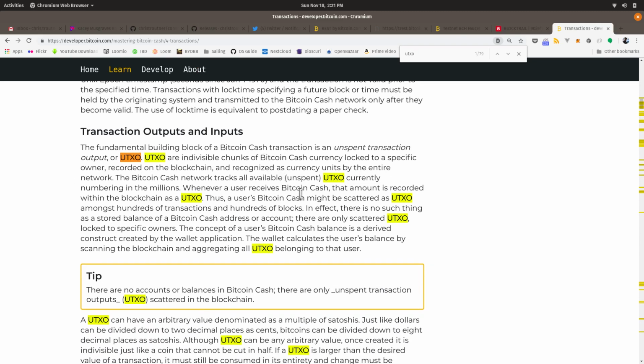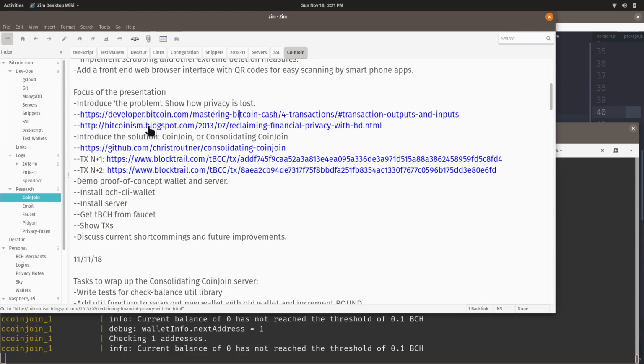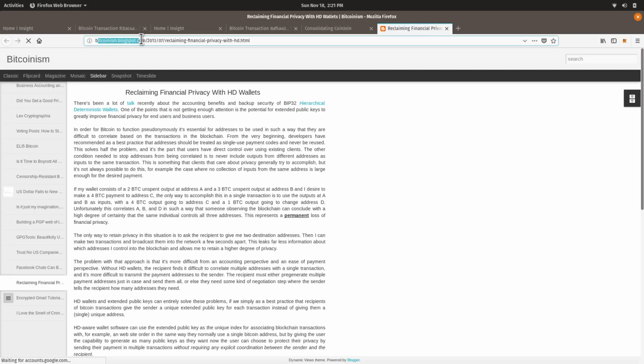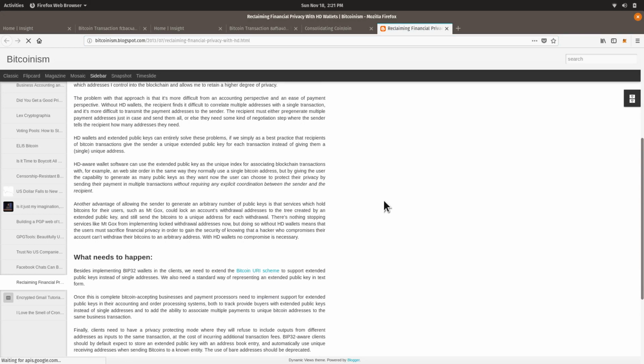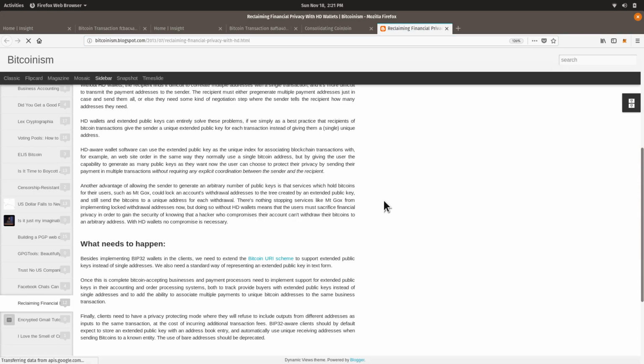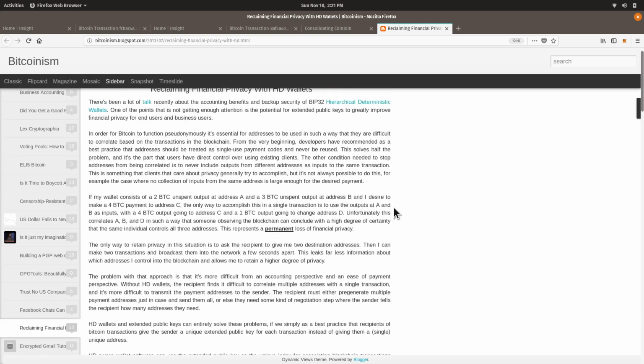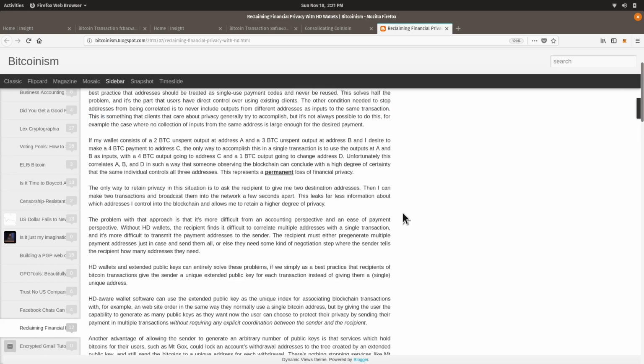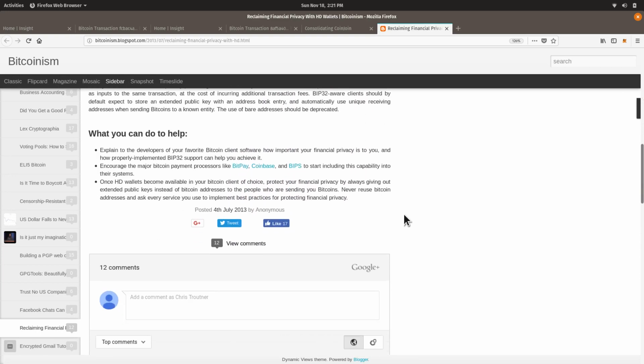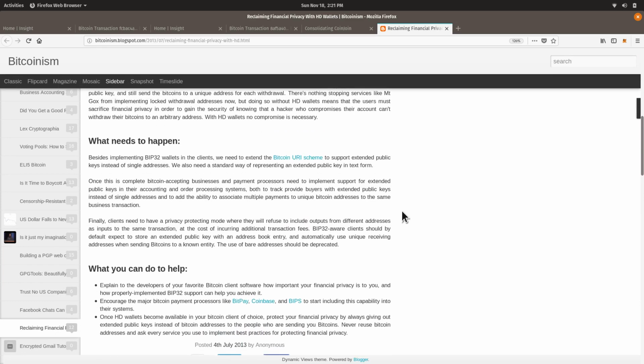This is the section that explains UTXOs and how UTXOs work in Bitcoin. And there's also another great article on bitcoinism.blogspot.com, and this talks a lot about privacy and best practices and how privacy is lost. So if you want to dig deeper into this, that's what you want to do.